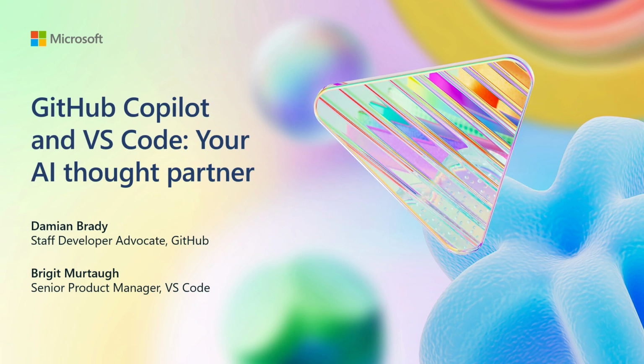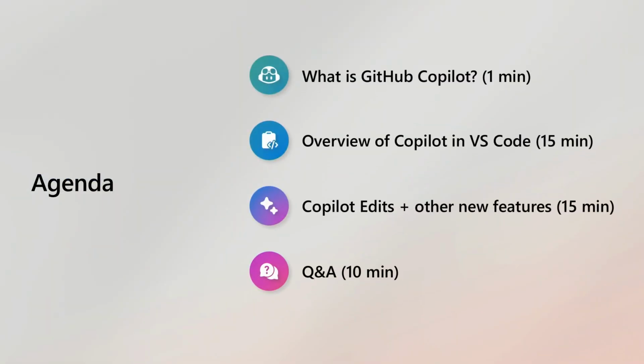Today, we're super excited to show you what you can do with GitHub Copilot in Visual Studio Code. To set some context for what our agenda looks like for the next 45 minutes, we're going to spend about 1 minute on slides, and then everything else is going to be live demos. So we hope you're excited to see some demos, see some things in action, and we're really going to be showing you Copilot live right now as we work on it.